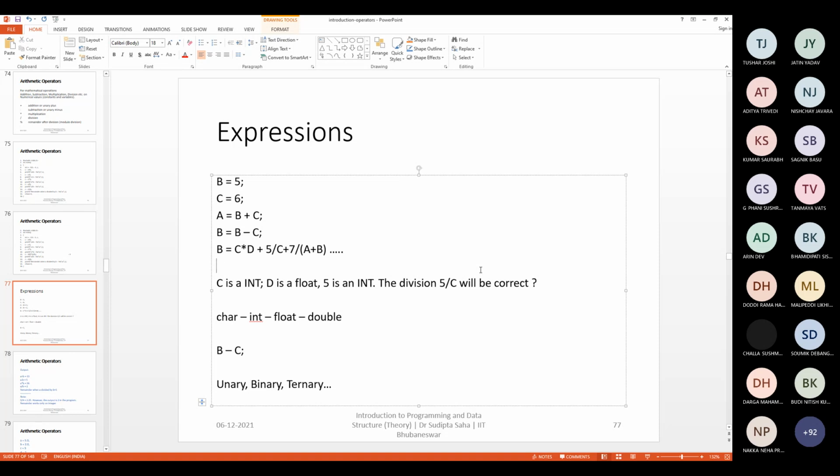So you have to know what is the rule that governs these answers. These are called precedence rules and associativity rules. Precedence rules tell that when multiple operations are clubbed together, which operation will be executed first. Second thing, when the same operations are repeated multiple times, in which order they will be executed.